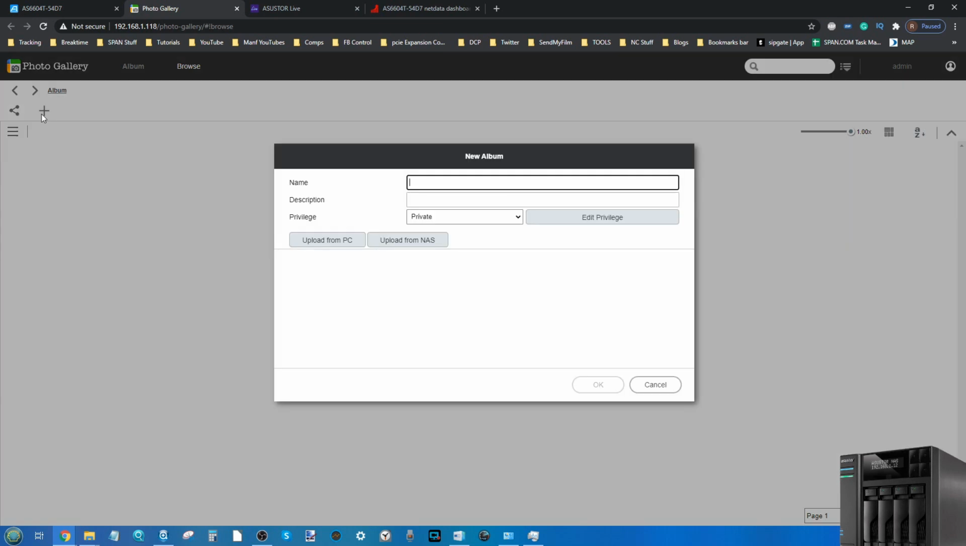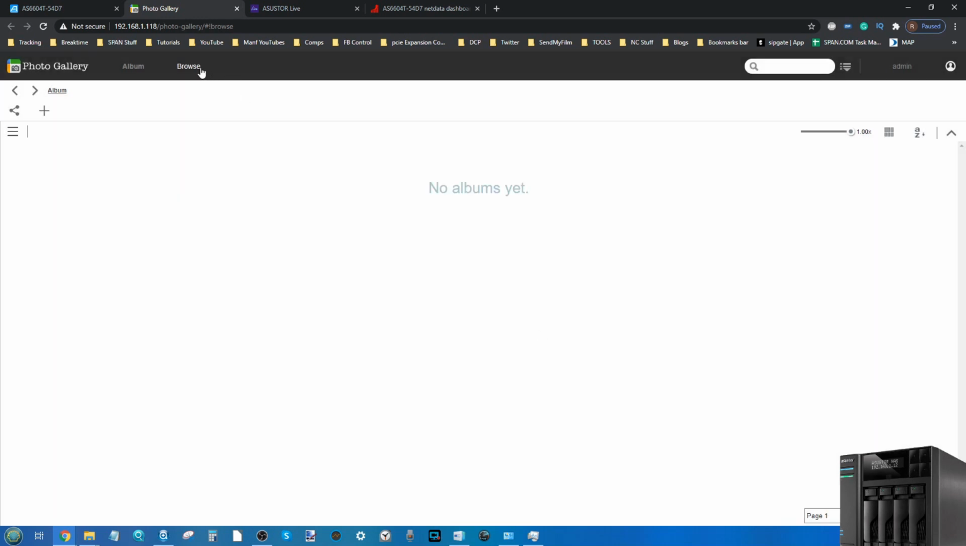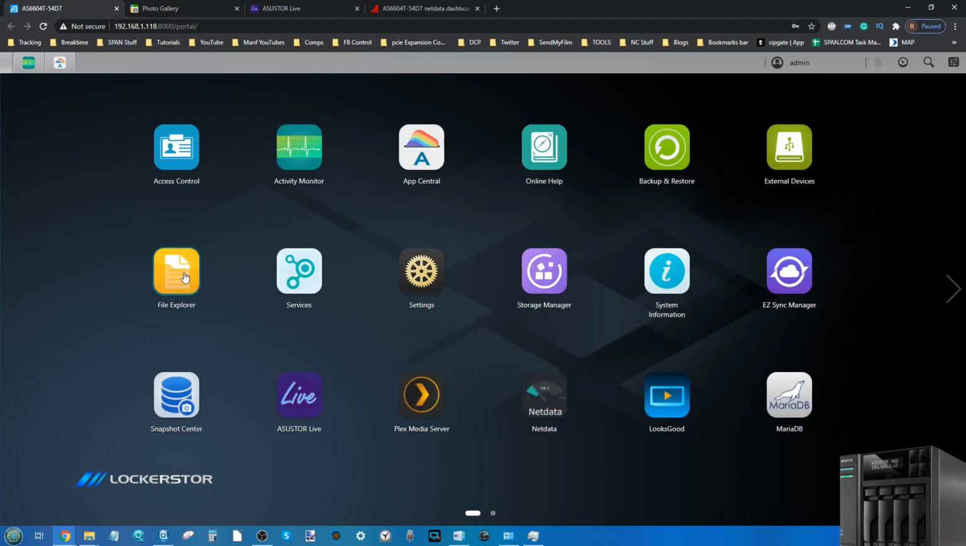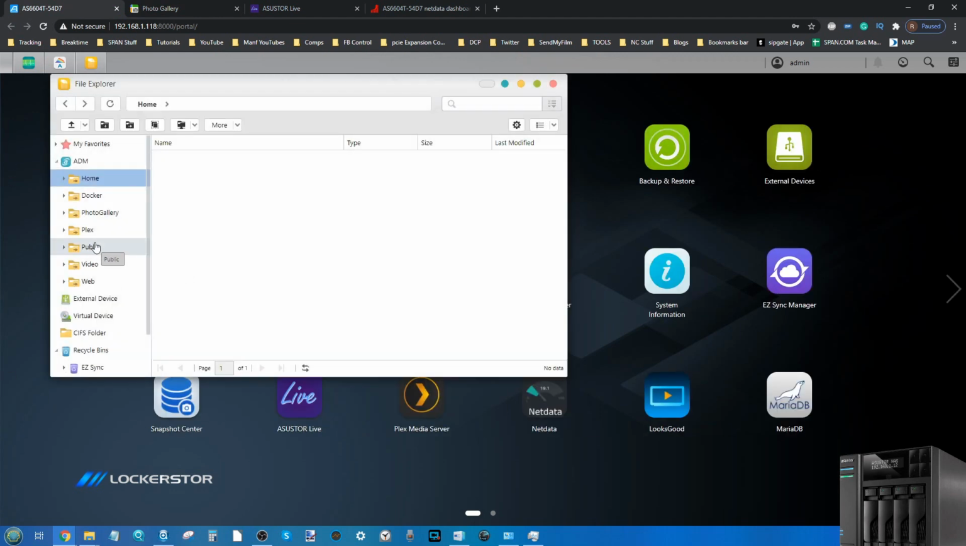So let's go ahead. We're going to have a look inside. We can have a look at uploading photos to the photo gallery, creating our own bespoke albums, or we can go in and view the albums that are already in there that we've already put on the NAS. We go into the photo gallery over there, go to File Explorer where we install a lot of our data